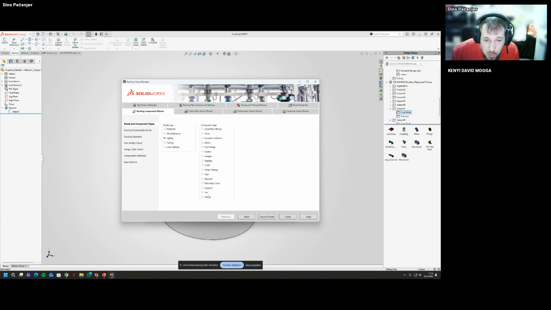It's going to be either reducer or support. So I can also check any part I need. Whatever I need, I can check and use it.